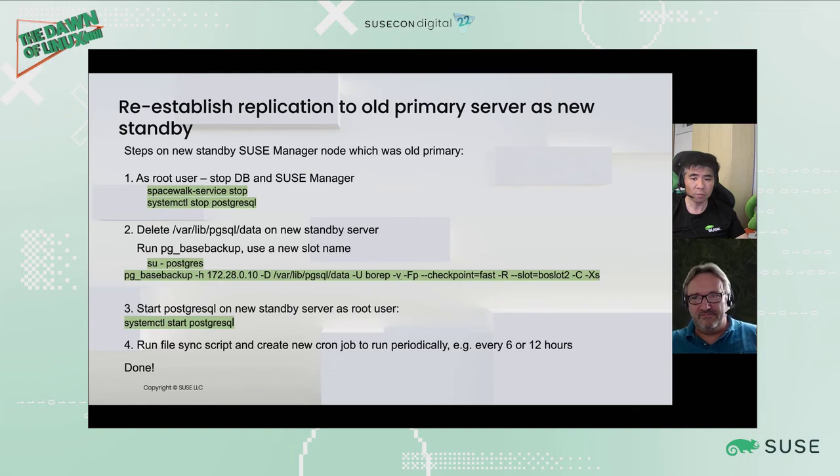And minus V for more verbose output, minus F for the format, P stands for the pipe, so we pipe the data simply over without using. You could use other options like T for tar files for the transmission, and the checkpoint is fast, and then the minus R for the